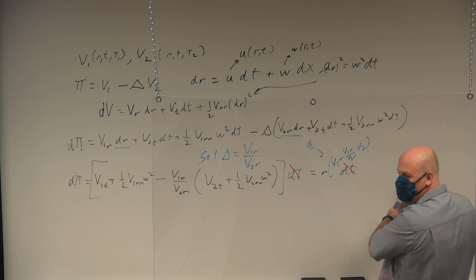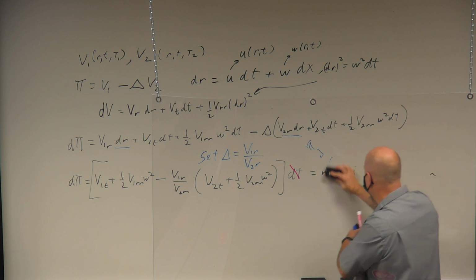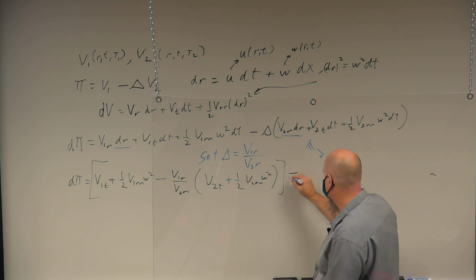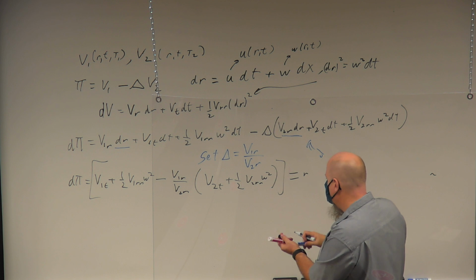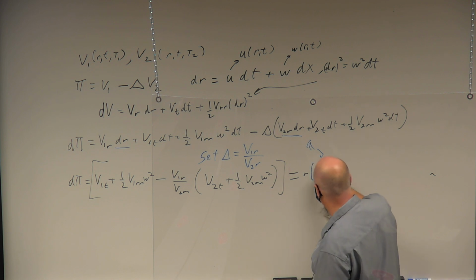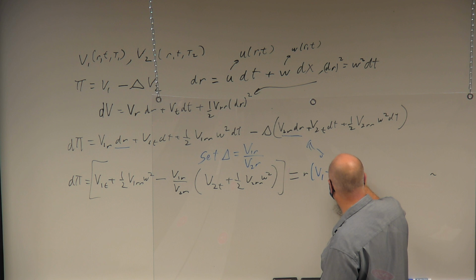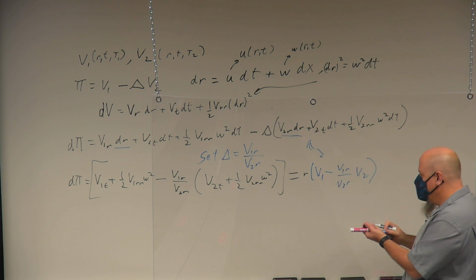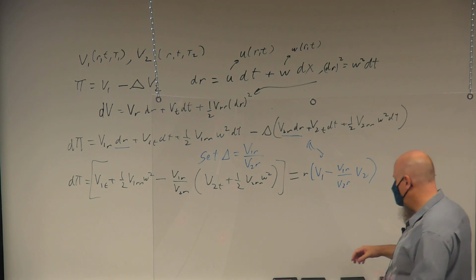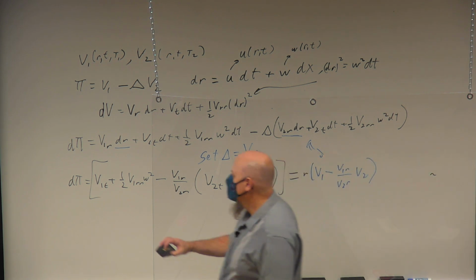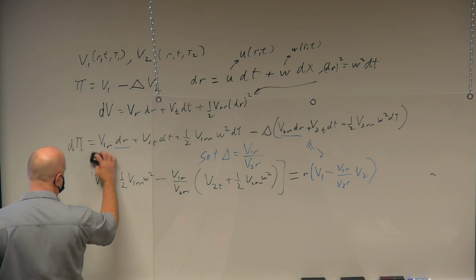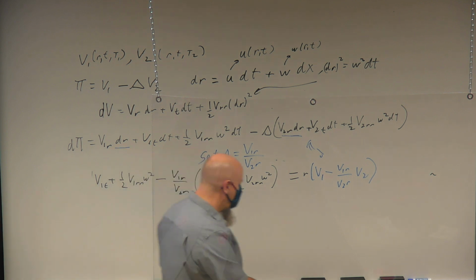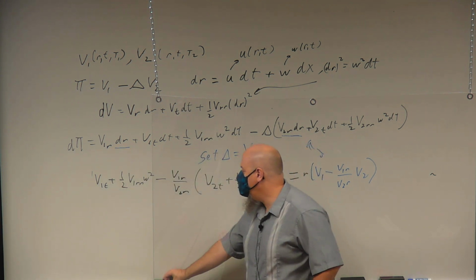Okay, let me write this in a flat line after I've canceled off the dt. That blue thing that I had written was V1 minus V1R, V2R, VT. And I've canceled off the dt's off both sides. They're both equal. So I'm going to get rid of these square brackets. And this is the expression that I've got now. This expression